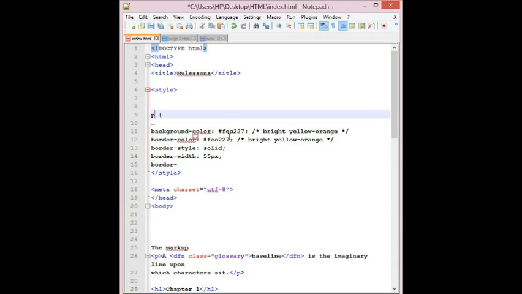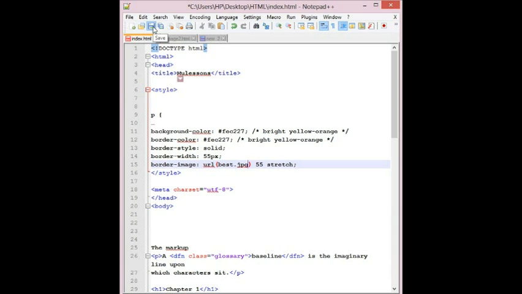I have applied a background color of bright yellow orange, border color also bright yellow orange, border style solid, and then border width 55 pixels, and then the border image property, where the image I am going to use is, let's say, best.jpg, then 55 and then stretch.